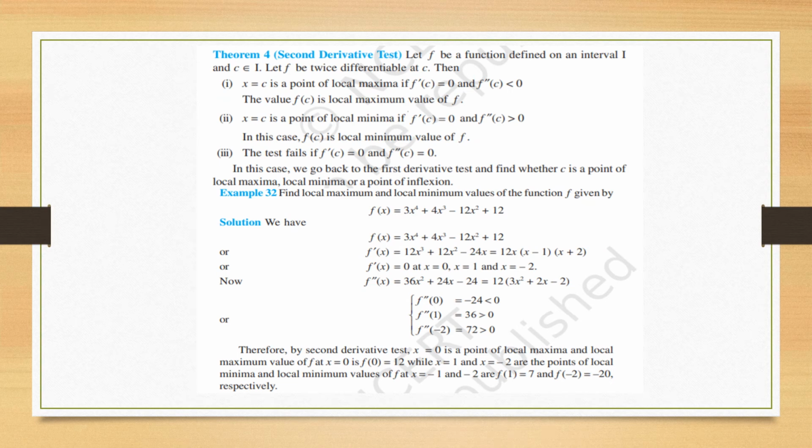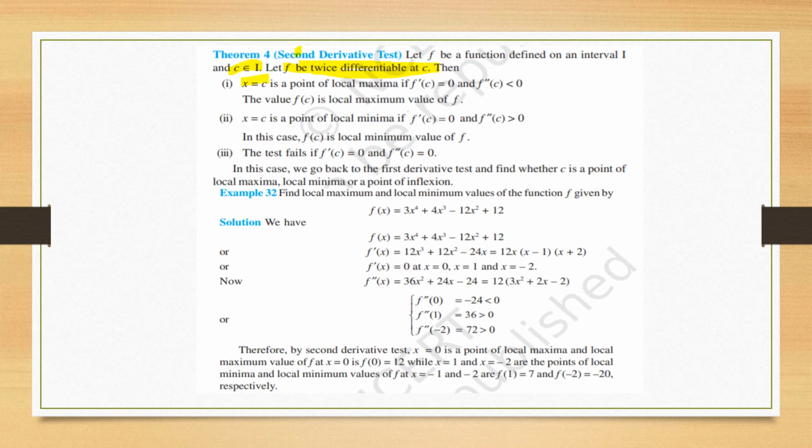Now let us start with the second derivative test. Let f be a function defined on an interval I, and c a point inside the interval I. Then f should be twice differentiable, meaning the second derivative should exist. By the name, second derivative test, we can apply it only then. So it should be twice differentiable. Then